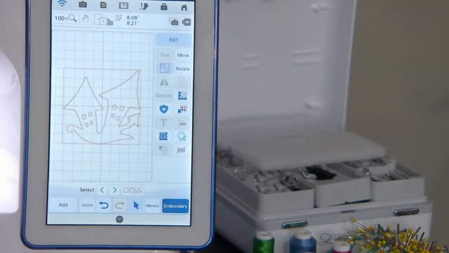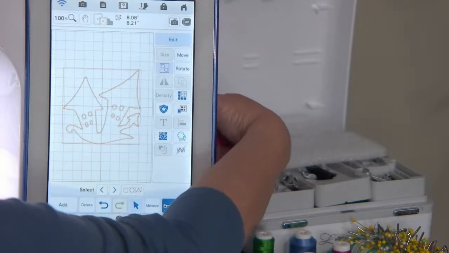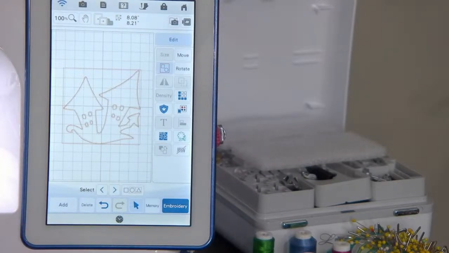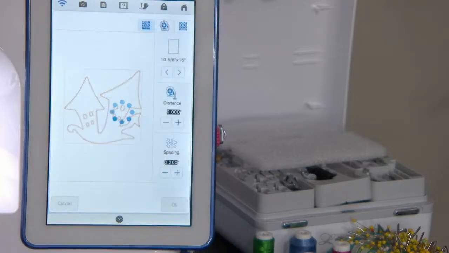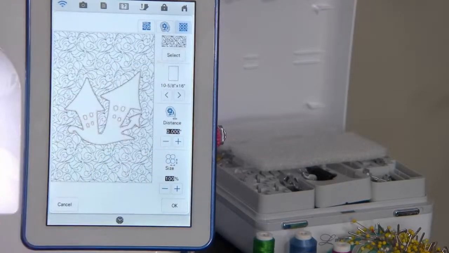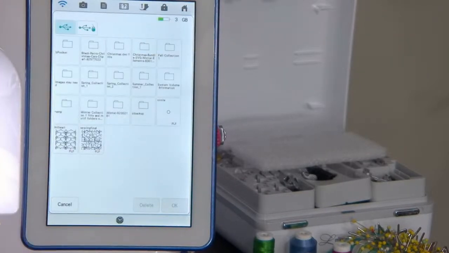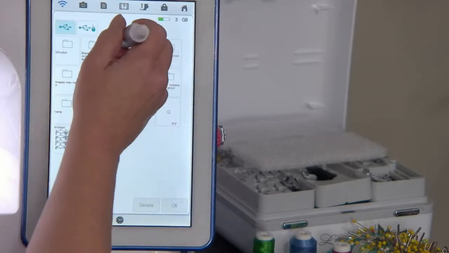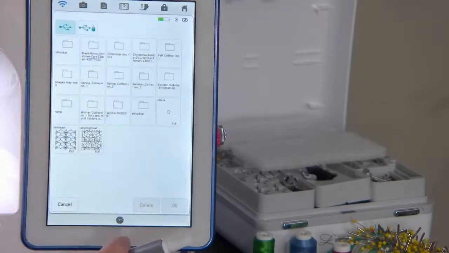Well, I can actually show you a couple of things here. These are my decorative fills on here. If I wanted to just go around this and not inside anywhere, I can put them in right where they are and I can touch my stipple button. Choose decorative fill and select. Choose your custom tab and choose out of the memory pocket. Now, if it's one of mine, let's see here. Here's my Christmas decorative fill. So winter collection, actually, nope, wait. Winter collection.